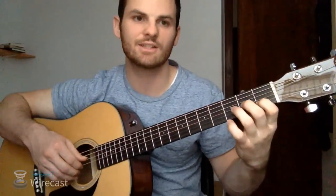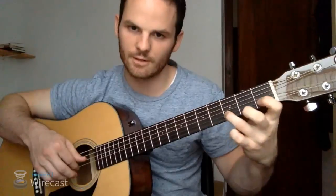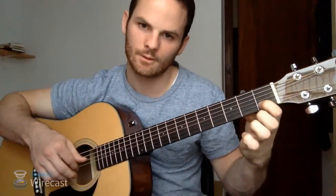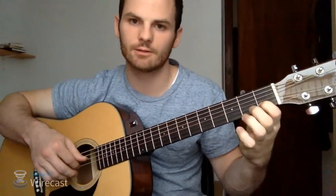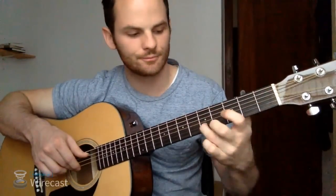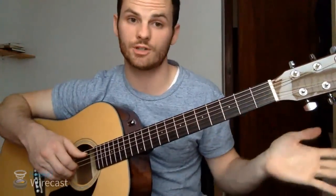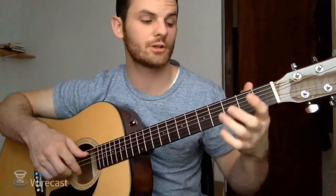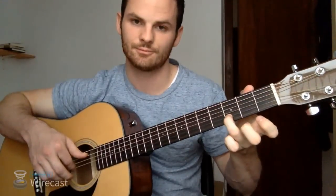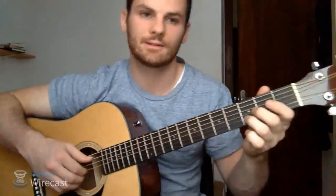And then from there on, it's this pattern. Open first string, B string, third fret, B string, first fret, open third string, slide it up to the fifth fret, or just open first string and then back to B string, third fret. So again, that's